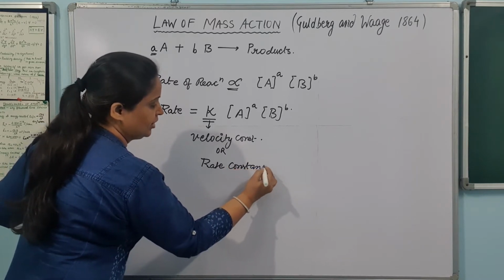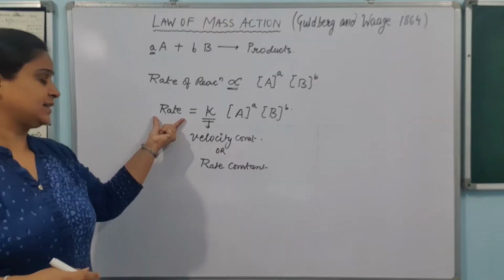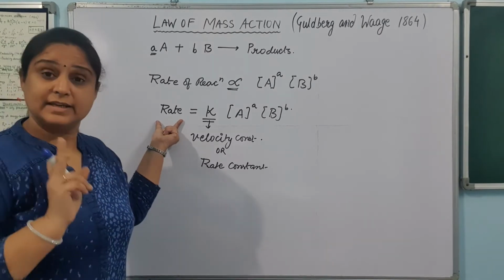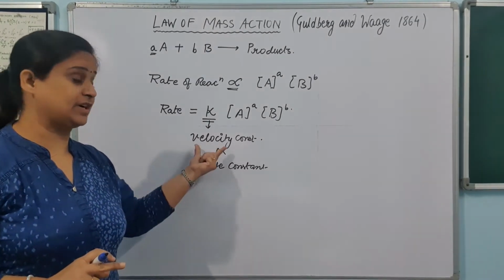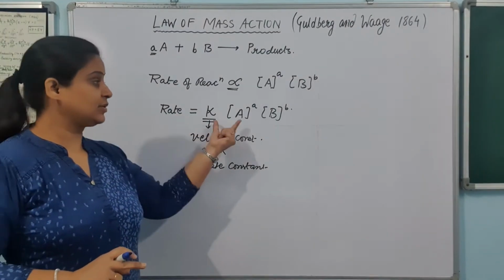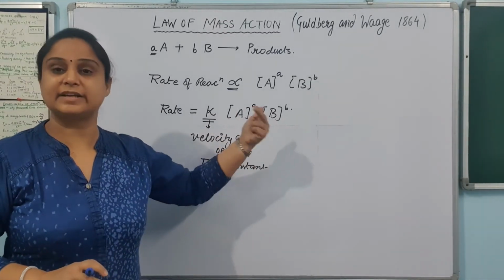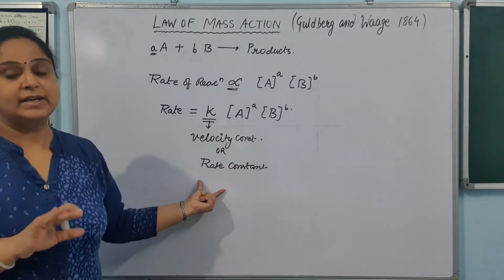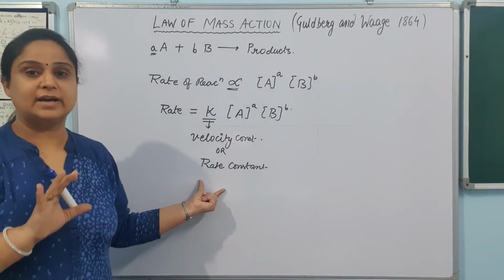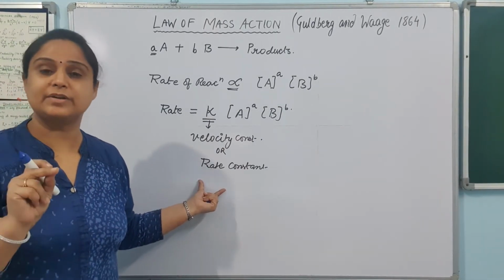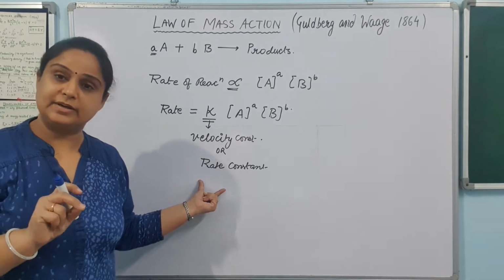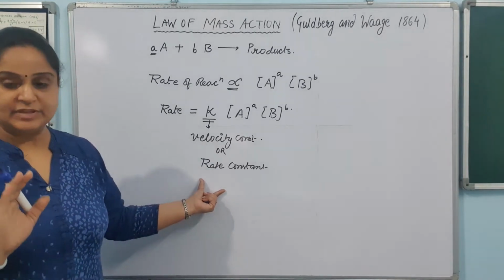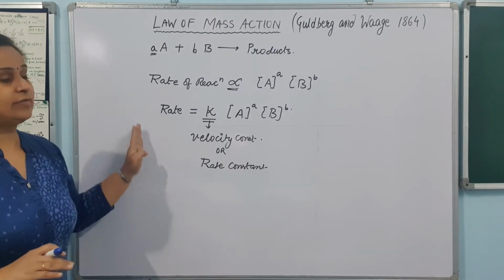Okay, so just take care: rate and rate constant, these two are different things. Rate depends on the concentration of the reactant, or the active masses of the reactant, but this K is fixed for a particular reaction. ये कभी चेंज नहीं होता है. For any particular reaction, the K at that particular temperature is always fixed. ठीक है. So this is called law of mass action.